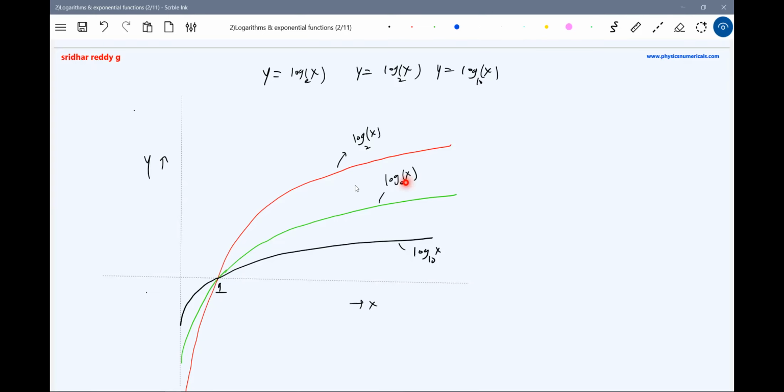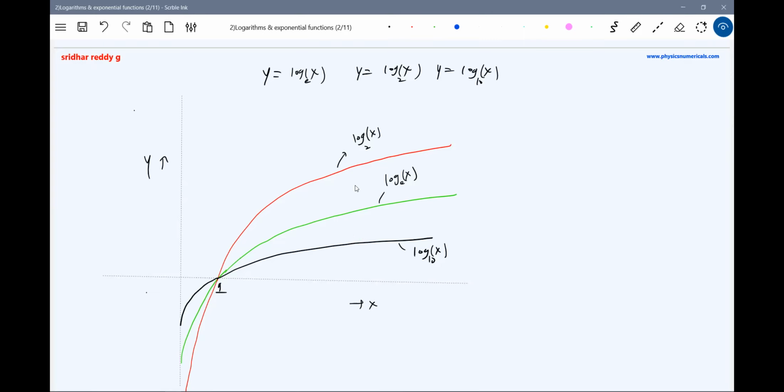So x equals 0.1, 0.2, it will be negative. x equals 0 we should not define; it's not defined. x equals 0.1, 0.2, 0.3, 0.4, then till 1. Afterwards, 1, 2, 3, 4, 5, 6. If you keep on plotting, the response will be like this. Then log x to the base 10. Then similarly log x to the base 2. As you take, the response will be of this particular form.